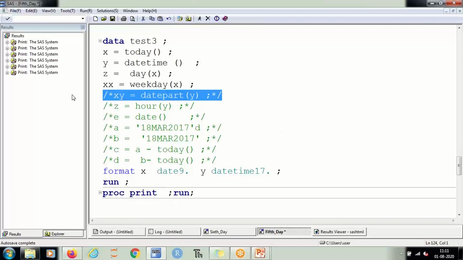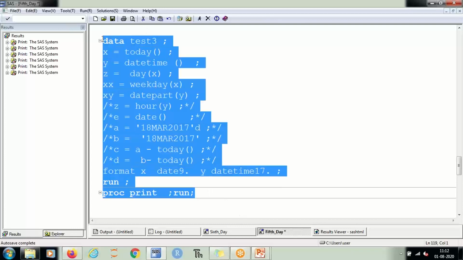Now, if you want to capture only the date part, you have datetime. On most websites, whenever you browse, they capture your time stamp. Or whenever you log into the office, again your time stamp is captured along with the date. However, if you're doing any analysis and you want only the date portion, then you can use the function datepart. This will return you only the date part of your data.